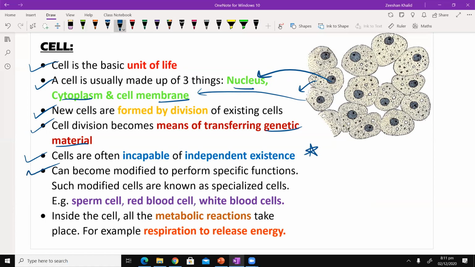They can be modified to perform specific functions. We will talk about some specialized cells, like for example, your red blood cell. I'm sure everybody knows what a red blood cell is. It's a specialized cell, which means it is specialized to carry oxygen. Once upon a time, the red blood cell was a normal cell, so it was just like a normal cell with a nucleus and all of that stuff. And then it became specialized. Something like this. Of course, that's the process of specialization, the detail of which, of course, we don't go into.